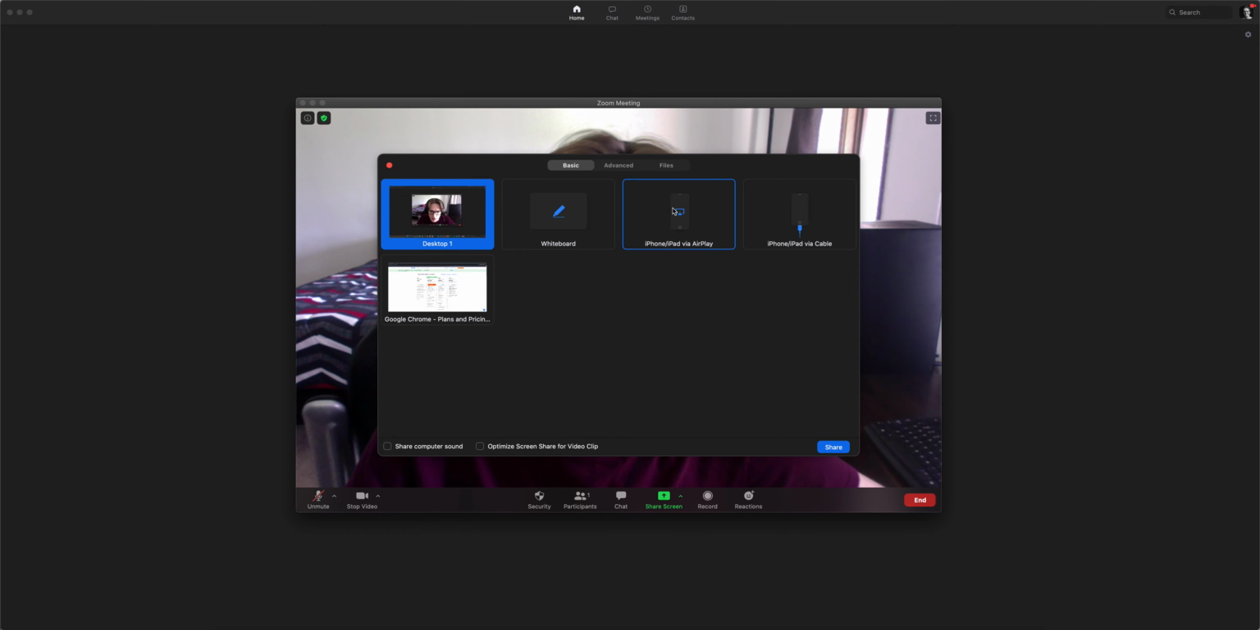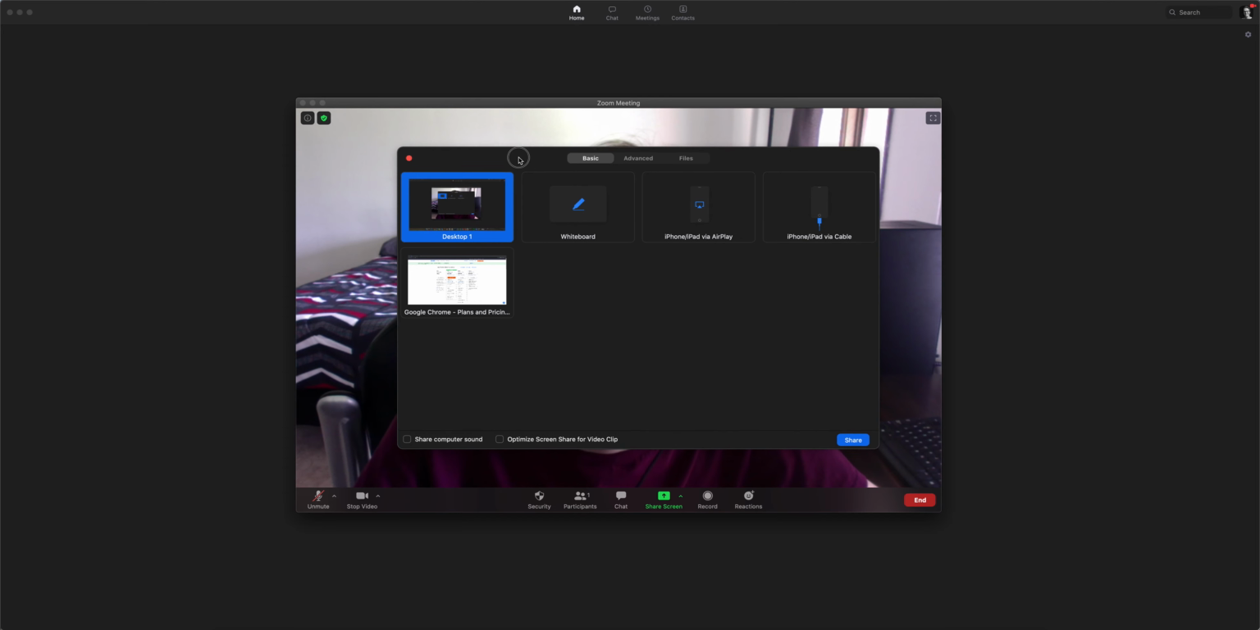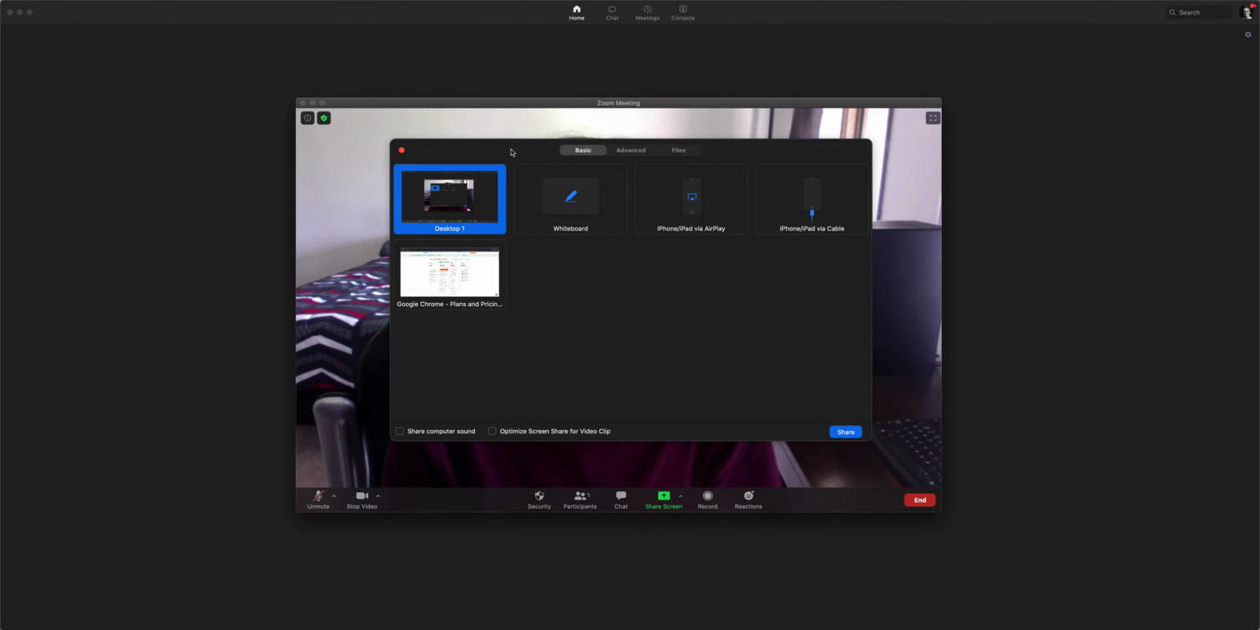You can even share your iPhone or iPad via AirPlay or with a cable. There's also some advanced options such as a portion of the screen, music, or the computer sound only, or even if you have a second camera plugged in, you can share content from that. So, like I said, extremely helpful for sharing information with people within the meeting, doing presentations with a PowerPoint,